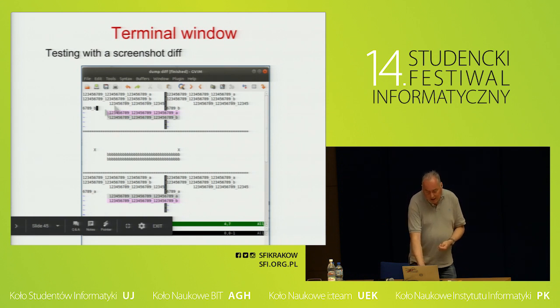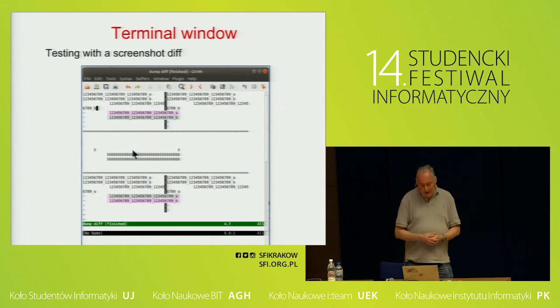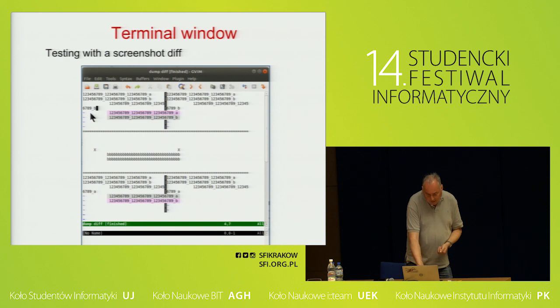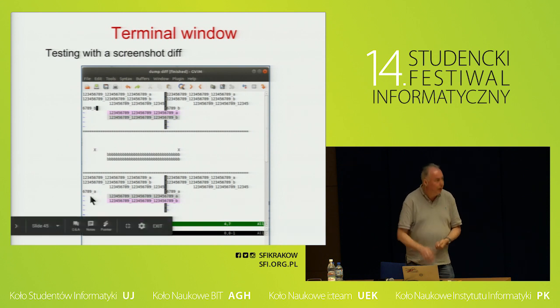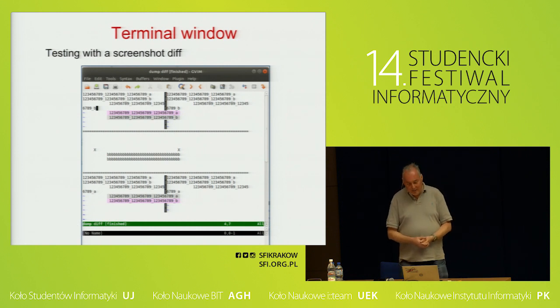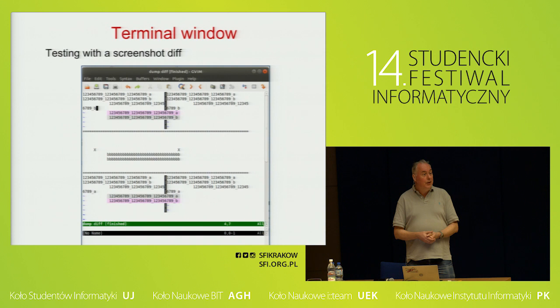And then, when the test fails, it says, well, I expected this screen dump, but I got this screen dump. And then you can look at the difference and wonder, like, what happened there? So, well, it turns out that there's a B here and an A there, so you have to figure out what happened there. I actually intentionally broke the test just to be able to make the screenshot. So this helps a lot for interactive commands that you want to debug and make sure that they work and keep working. Especially these pop-ups, these autocomplete things that go on top of everything else. It's almost impossible to debug this and test this in any other way.